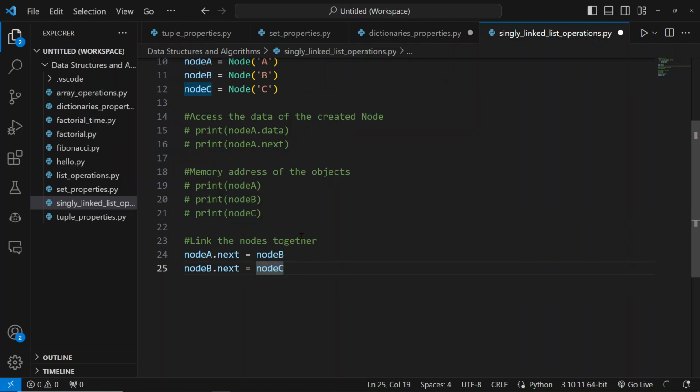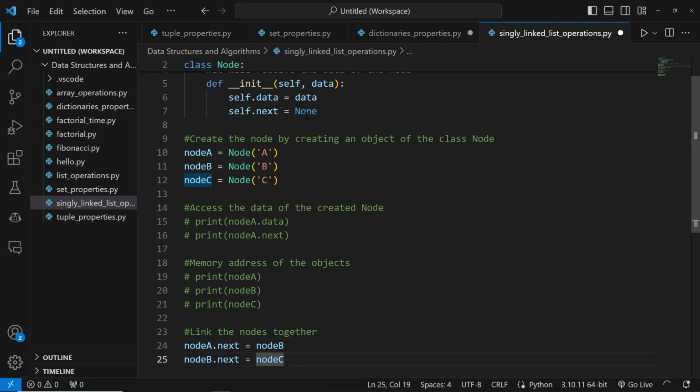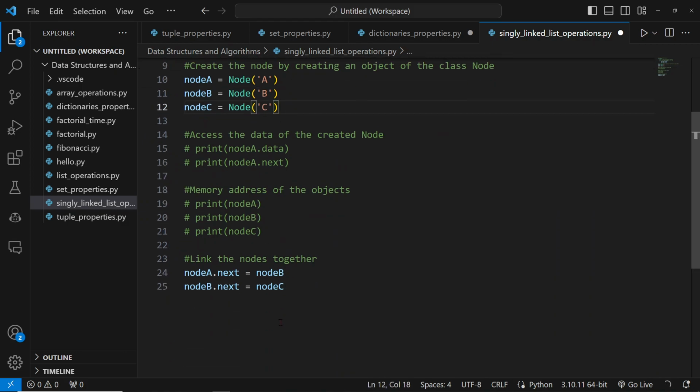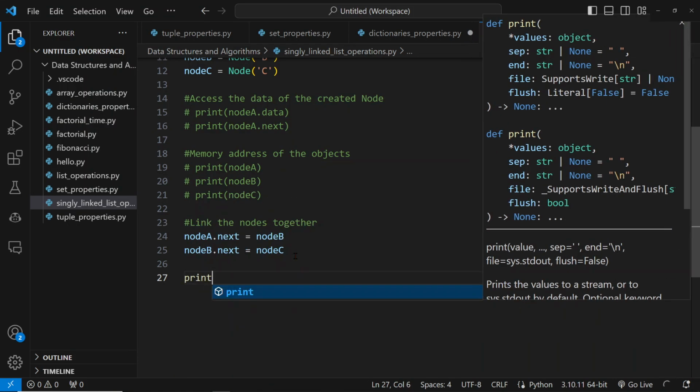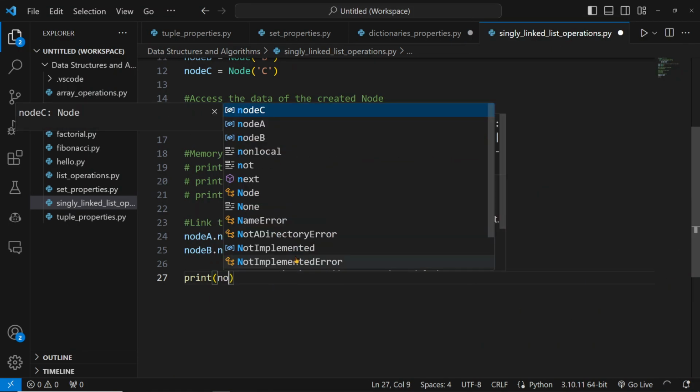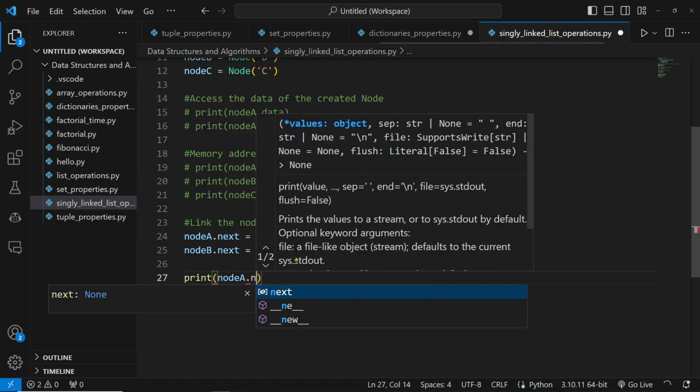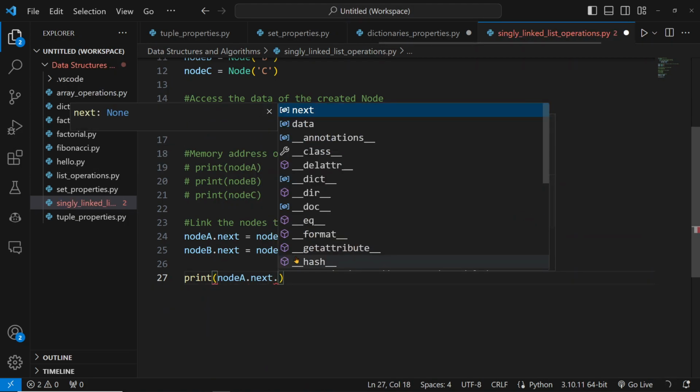Node C dot next is just going to be None because it's our last node. So it's not going to point to any other node there. Now, something interesting, let me show you. What do you think would be the output of this code? Next dot